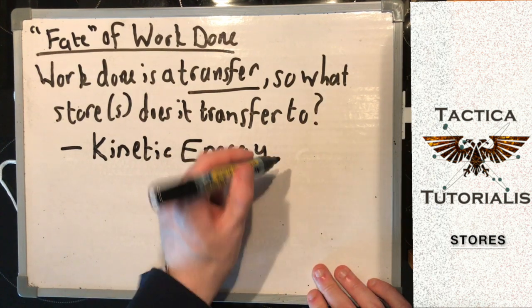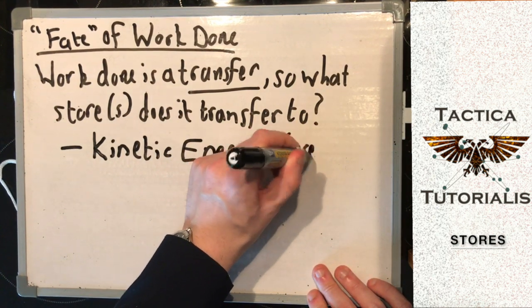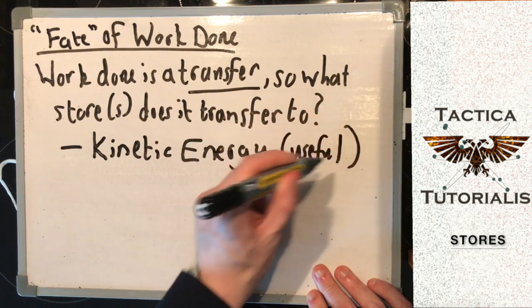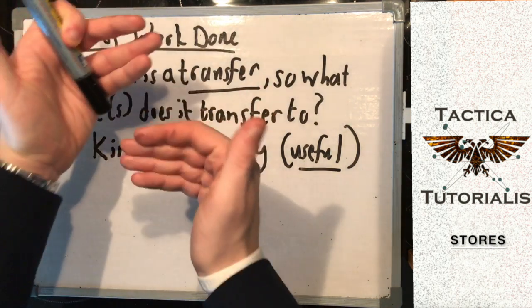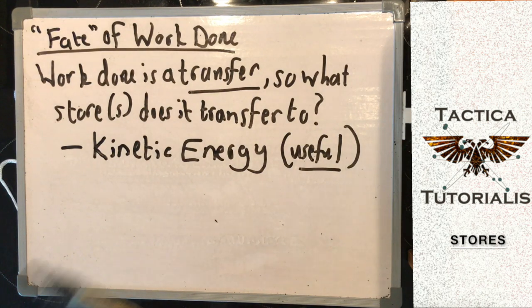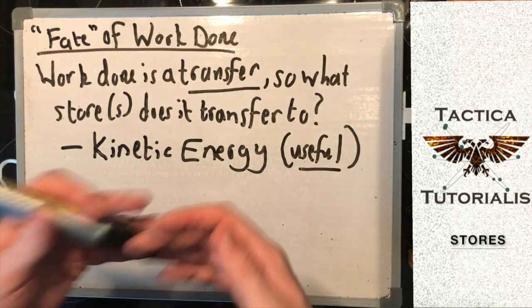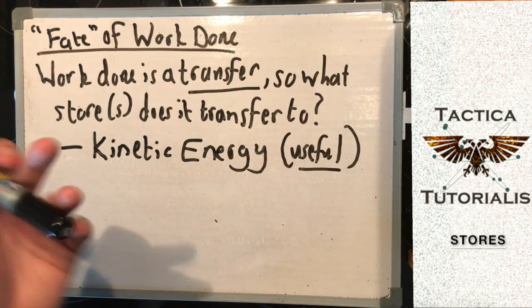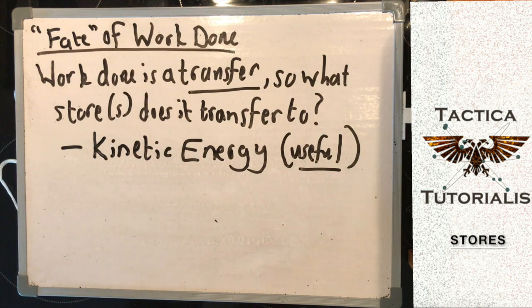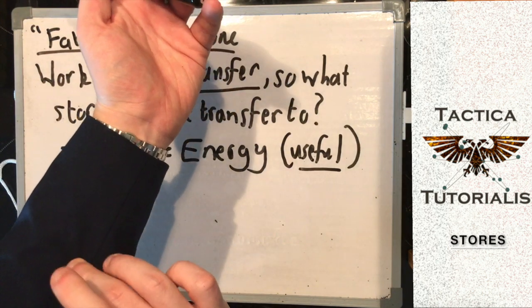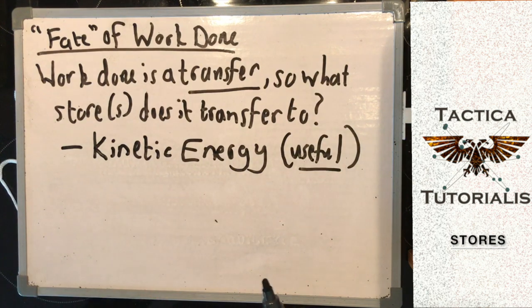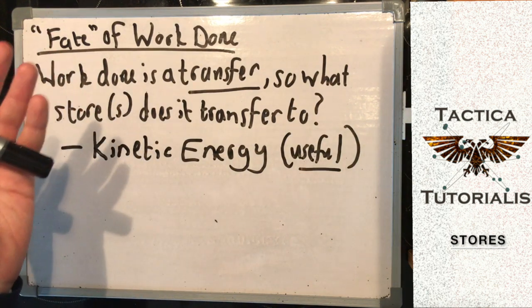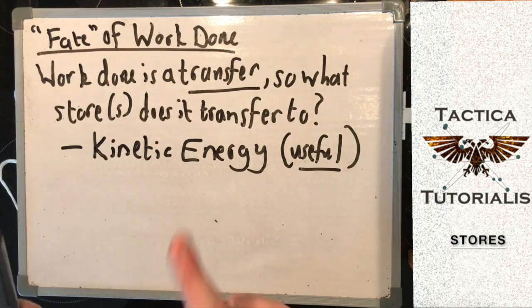And this one is our useful energy store. Generally, if we're applying a force to an object, we want that object to move. If we're doing work on an object, we want it to move, and so we want it to gain kinetic energy. We want energy to be transferred to the kinetic energy store. The chemical energy in our muscles is transferred via the means of work done into the kinetic energy of the object, if you like. There's a lot of bits and bobs that go into that, but that's our useful energy